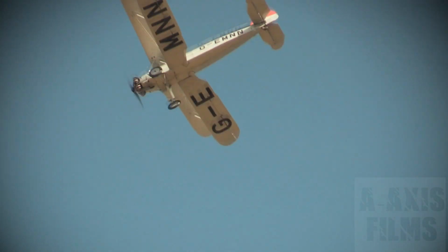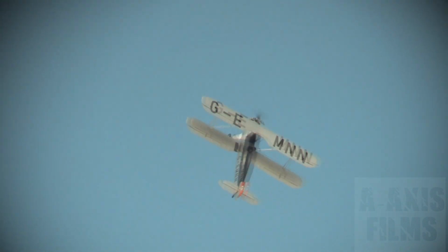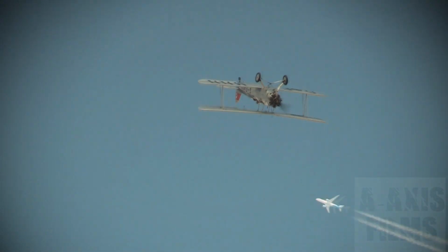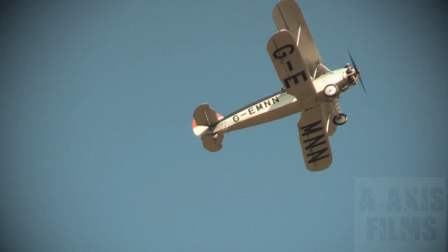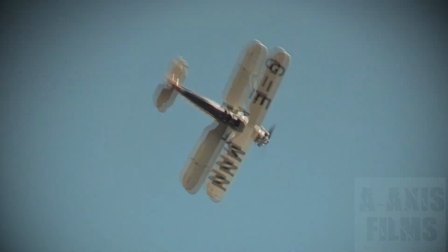In large part by Kurt Tank, the new aeronautical engineer that's been taken on by Focke-Wulf, who was far more experienced in that role than any of his predecessors had been. The development of the Stieglitz occurred under his leadership. Its first flight in 1932, conceived